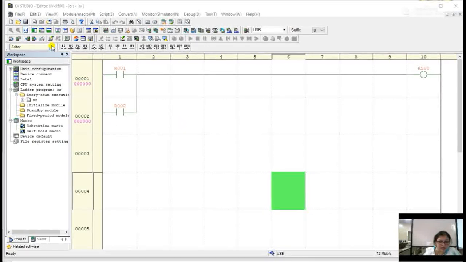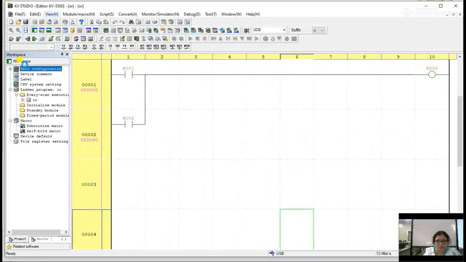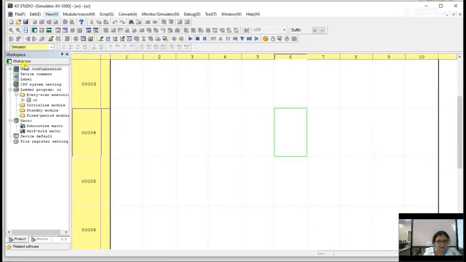So here there are two switches A and B and the output status, that is the lamp. Now I am going to run this and simulate this program. The OR gate I am simulating.